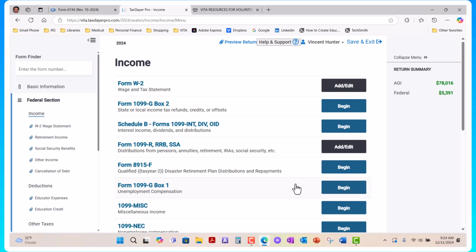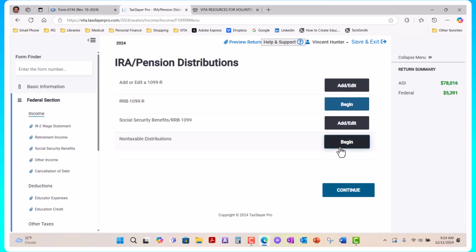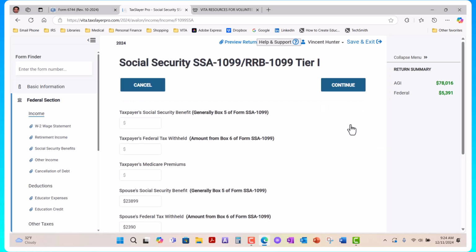We have a Social Security statement we have to put in there too. And this is also in the same general area where you found the 1099-R. Under IRA pensions distributions, it's the third item down, Social Security benefits. So if we click and go in there,